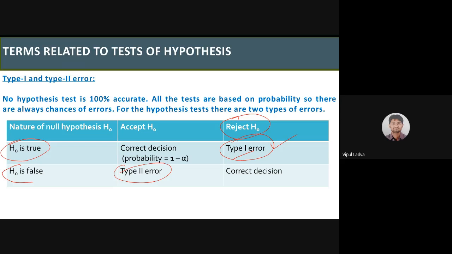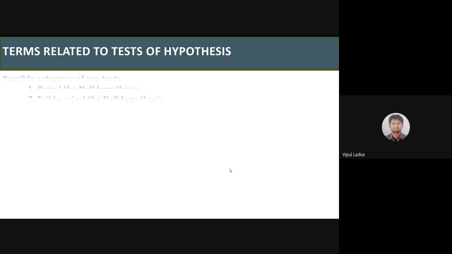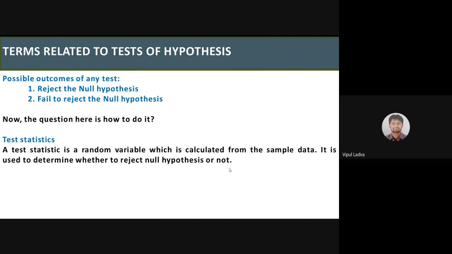And the other case, although our null hypothesis is wrong, false, and we are going to accept that, गलत है फिर भी accept कर रहे, जो error है उसको type 2 error बोलते हैं. सही है और reject कर रहे तो जो एरर है उसको टाइप 1 एरर बोलते हैं. ठीक है. And after that